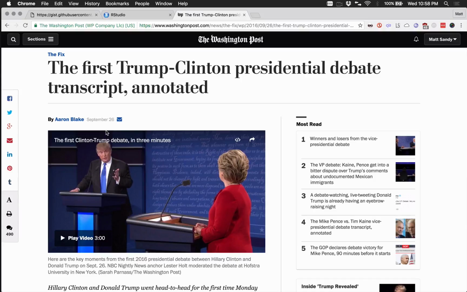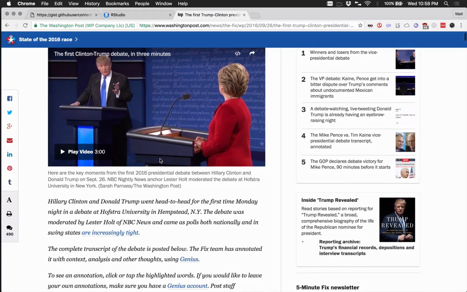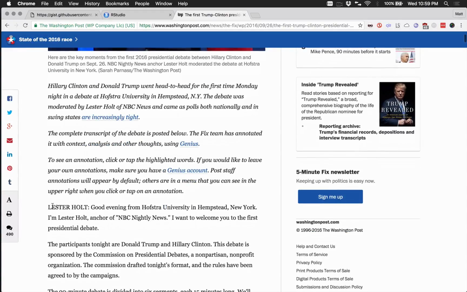First step, obviously, find a transcript. I chose the first Trump-Clinton presidential debate, and the Washington Post provides a nice transcript. I will put this link in the gist file. I'm going to go ahead and grab it from start to finish